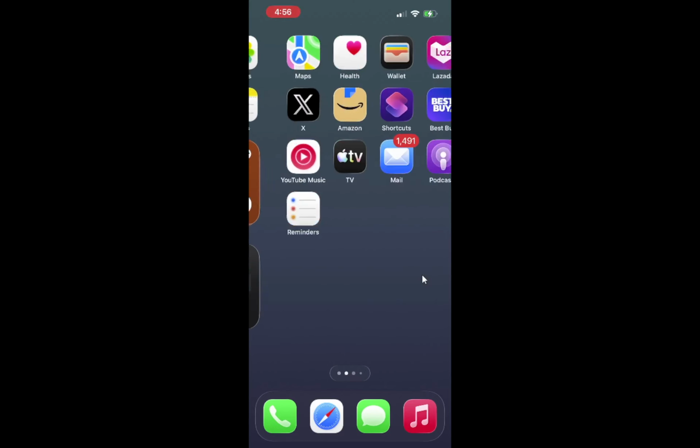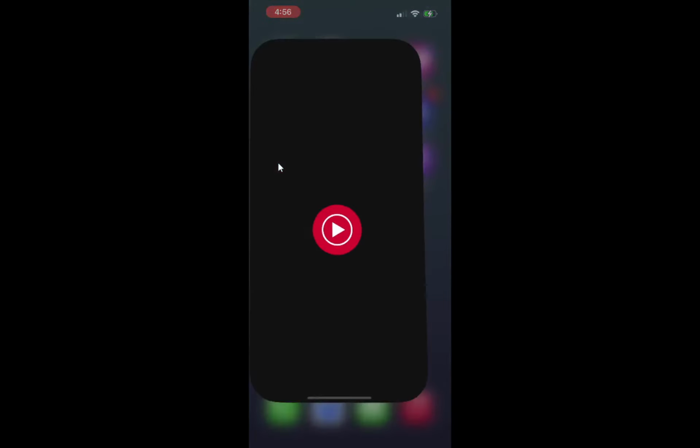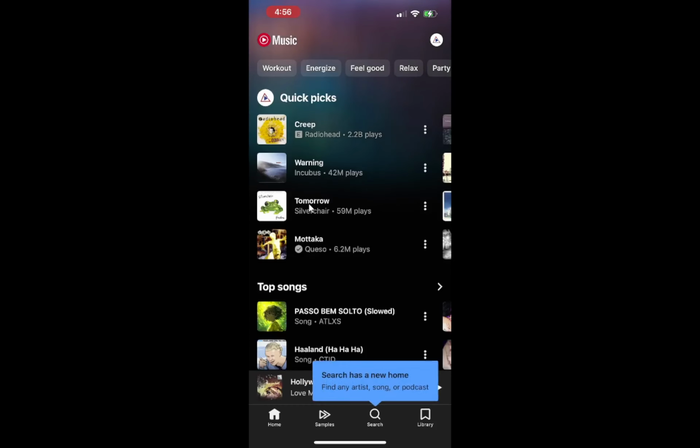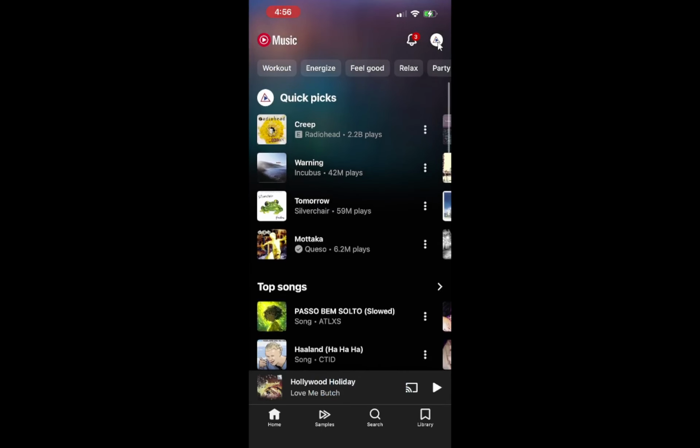Start by opening the YouTube Music app. On Android or iPhone, this is the app with the red and white play button inside a circle. When it loads, you should see the Home tab with mixes, suggestions, and maybe a few recent listens. If you do not see music content and playlists on the screen, double-check that you opened YouTube Music and not the regular YouTube app. Now tap your profile picture.